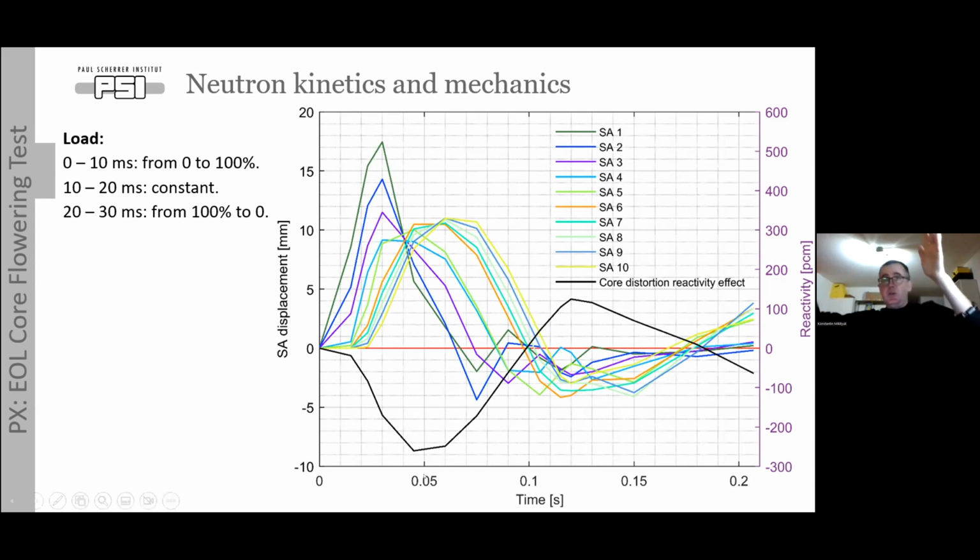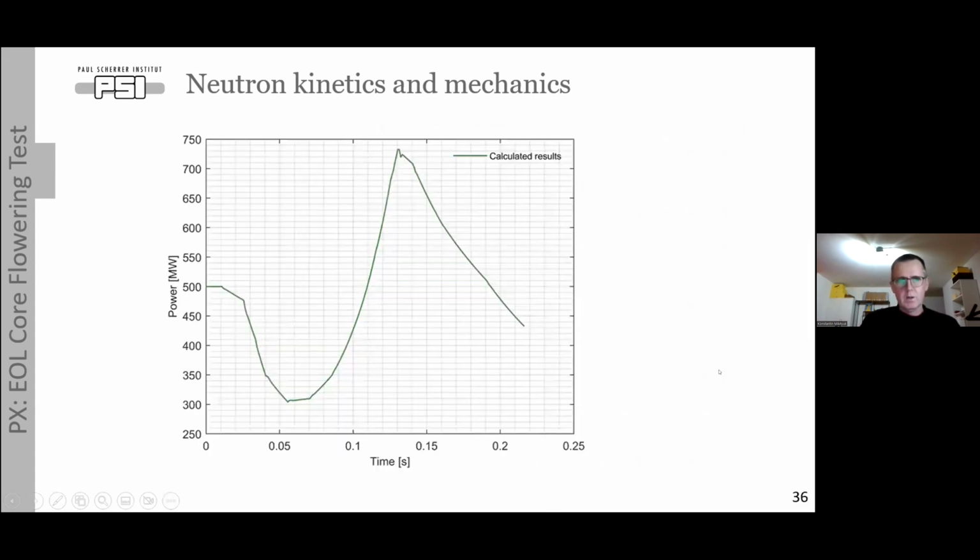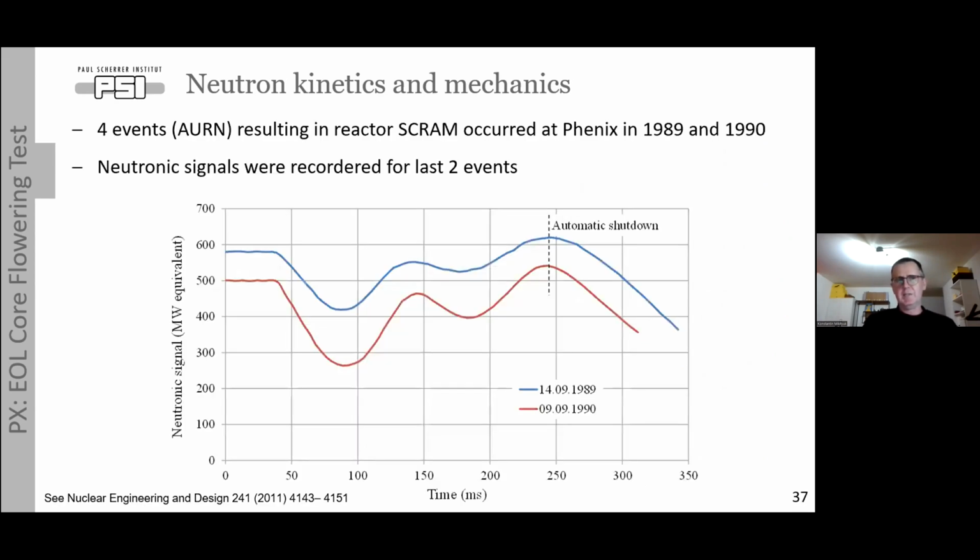And we take snapshots and obtain the reactivity. And in black, you can see this wave of reactivity, it goes down, and then when assemblies go back and compact the core, we see the positive wave, positive hump. Then we feed this reactivity into point reactor kinetics and obtain the power. So this is a power shape. And then as planned,